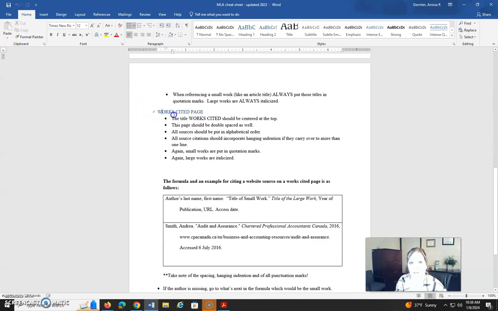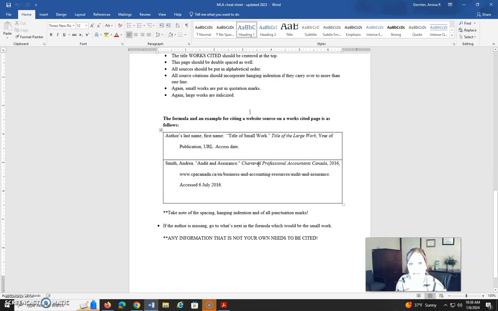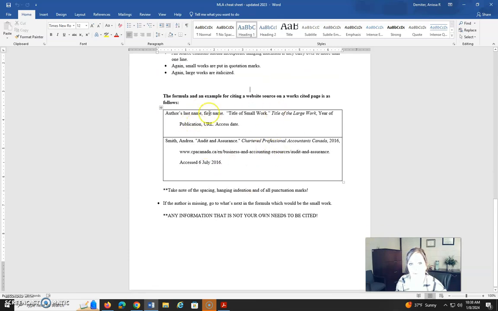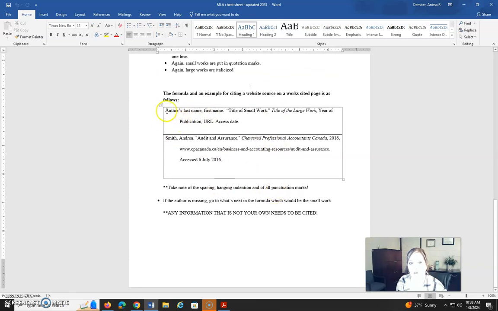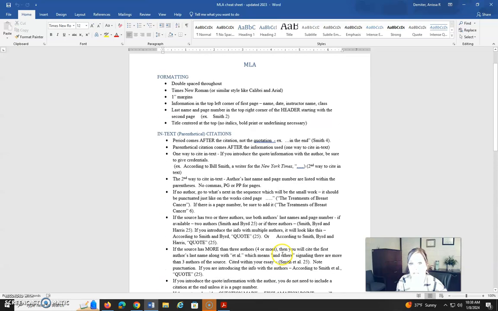And then you have kind of a checklist for creating a works cited page. And I've also provided an example of the basic formula for citing a website, because most of the time that's what we're doing is citing websites. This will give you the formula, and then this will actually give you an example of that formula so you can see how that would look. Okay? But any and all information